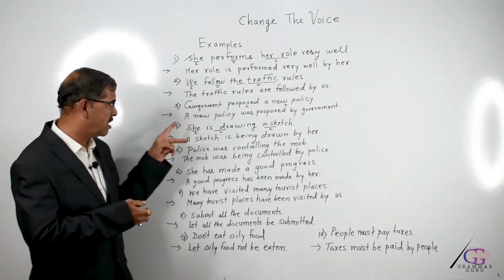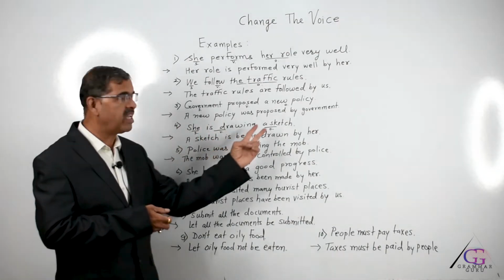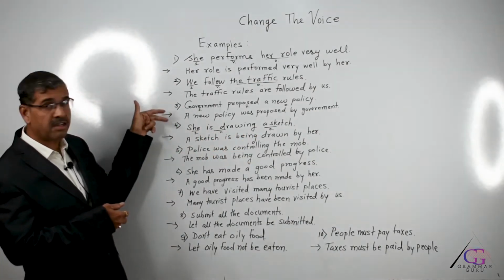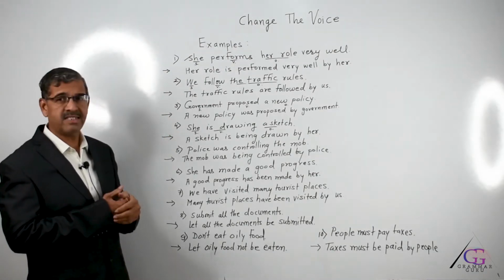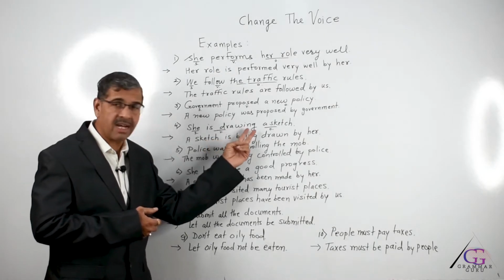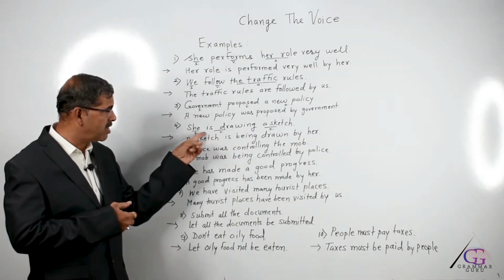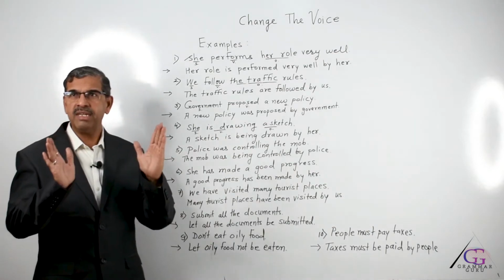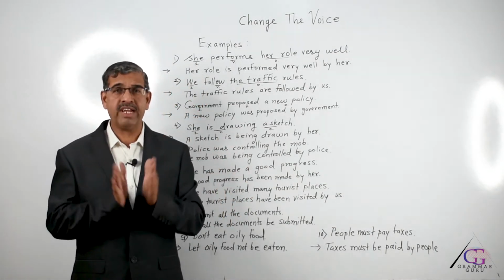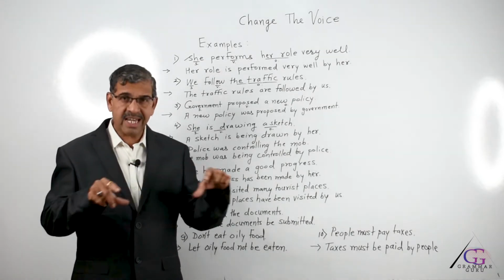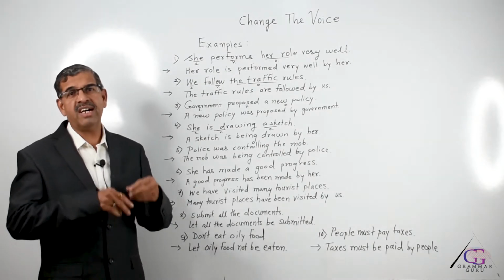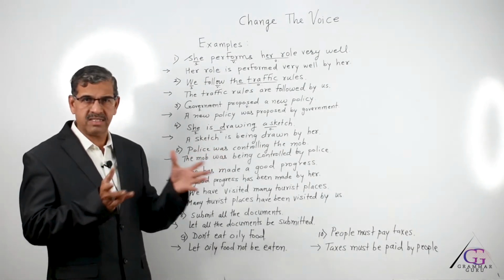Now let's go to the third one. She is drawing a sketch. Now, if you see the difference between the first, second, third and fourth, the fourth sentence has a helping verb is already in the sentence and the verb has taken ing. Whenever there is a helping verb and the verb has taken ing, that means the sentence is in continuous tense. Be careful, reader of the question paper. If you read the sentence carefully, then only the passive voice answers will be correct. If in a hurry you write the same answer everywhere, the answers will be wrong.